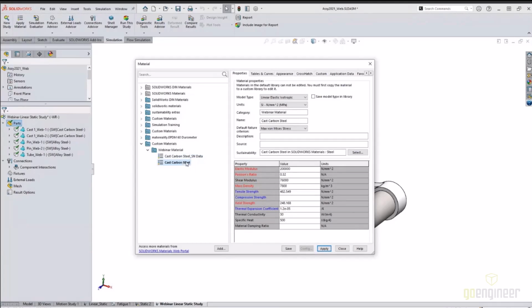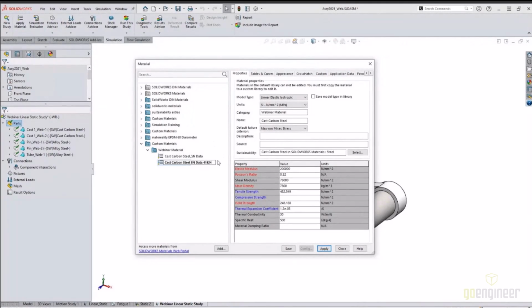Now, another thing to note here is whenever you copy something from above and then paste it into the custom material folder, you should rename it, okay? It's good practice to always rename it. So let's right click and rename this, and I'll just do -sn data, and I'll do the date today. I'll just do